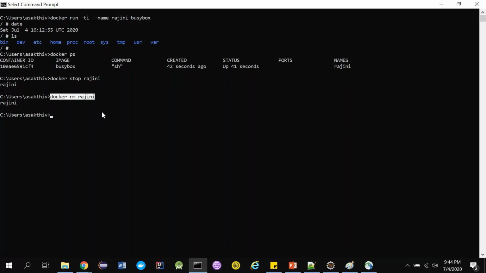Yeah. So what I'm going to do is docker run the same example, and this time I'm not going to attach anything to it. Hyphen name, I'm naming it Rajini again and using the image busybox. The same command, I'm just adding one new parameter, hyphen rm.